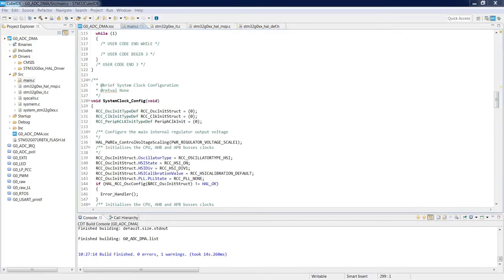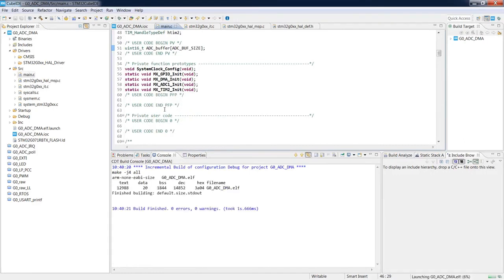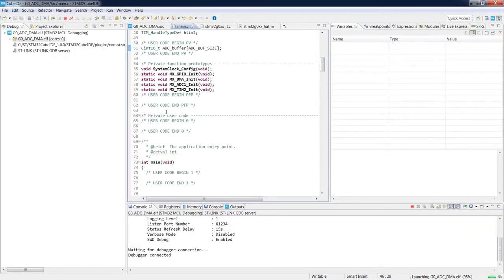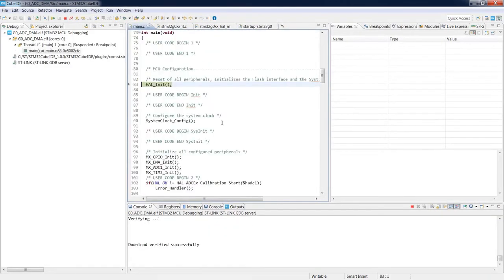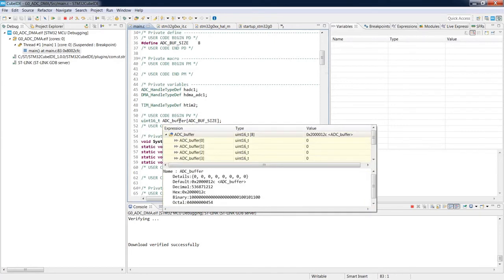Okay, I have my board connected. The code is compiled. Let's try, after connection of the board, to run the debug session. So let's go to the debug session. I run it. The application will switch to the debug perspective. Now I can have a look on the buffer. As you can see, now I can have a look on its value, current value, the base address, the type of it. So at the moment it contains only zeros.